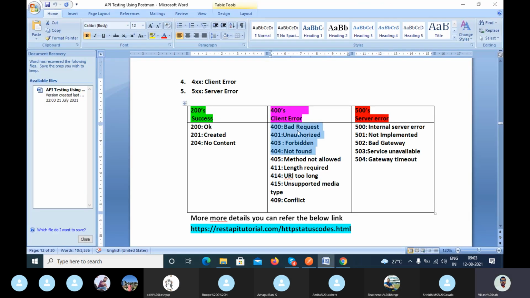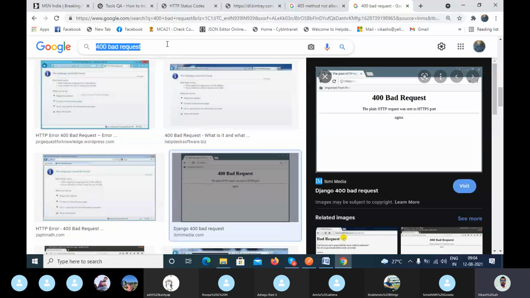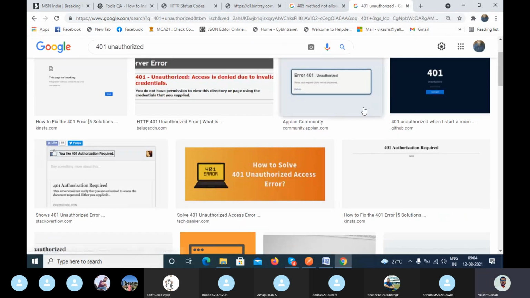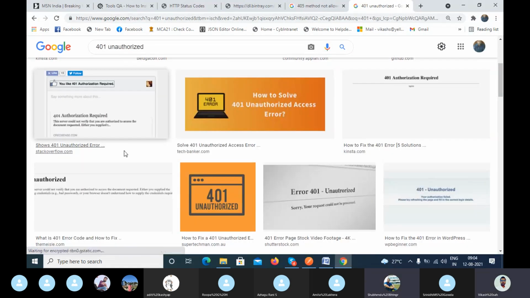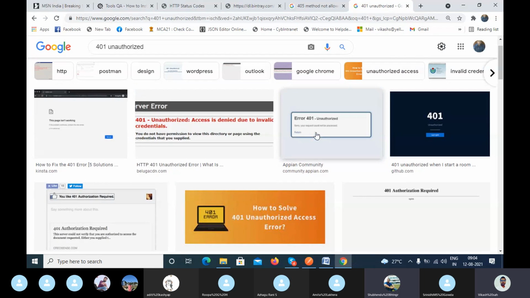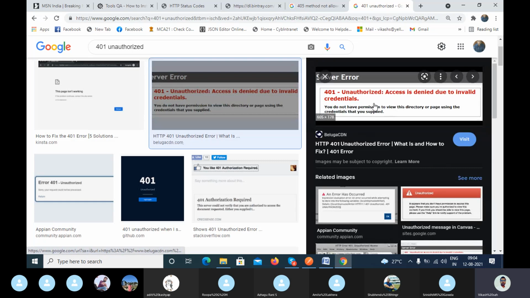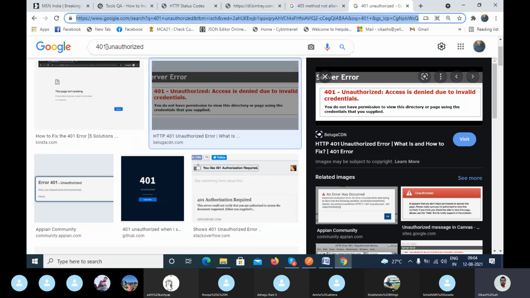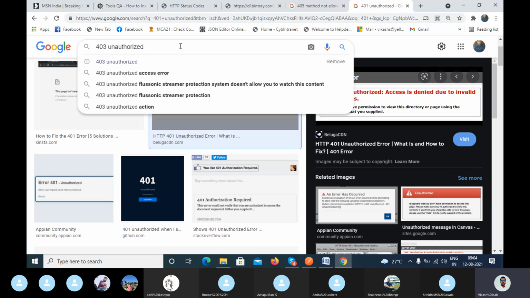Okay, and even 401 also. 401 unauthorized also in the UI. This type of error message, yes, you will face. Right, this type of error message you will get. So that means this type of error I think you have faced. Okay, so that means you are an unauthorized person trying to do this. And even 403 forbidden also. 403, if you go and 403 forbidden,